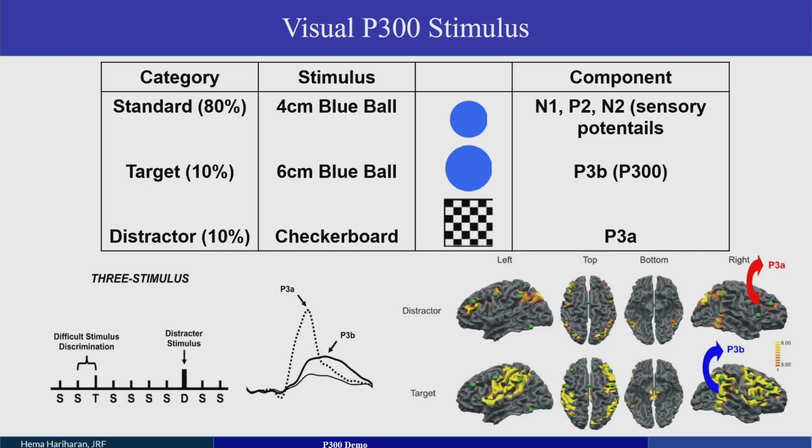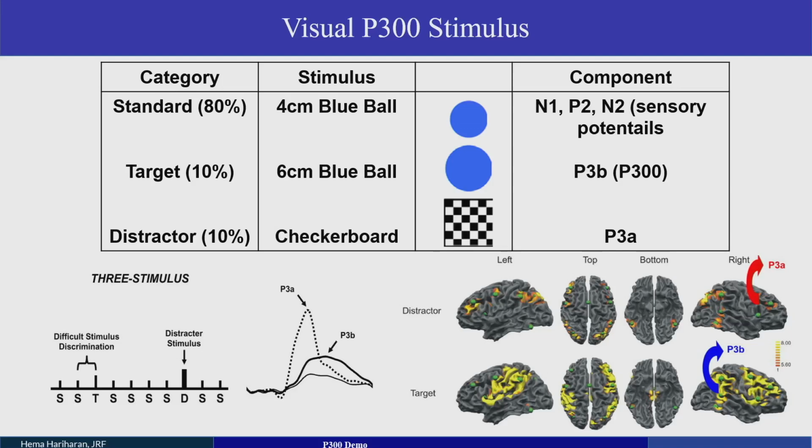This is how we get the P300 response. In P300 itself there are two responses, P3A and P3B. P3A is the earlier component, and P3B is a bit later. Another important thing is that it's all randomized. It's not like MMN, where there should always be three beeps in a pattern. That is not the case in P300. It is always randomized. We give a percentage, like 80% standards, 10% targets, and 10% distractors.